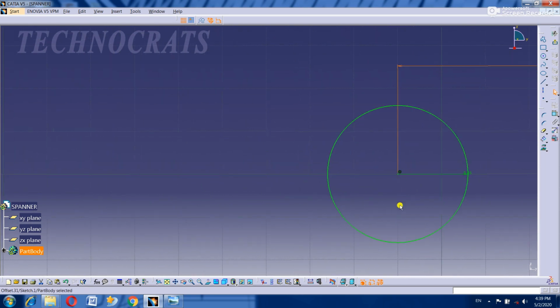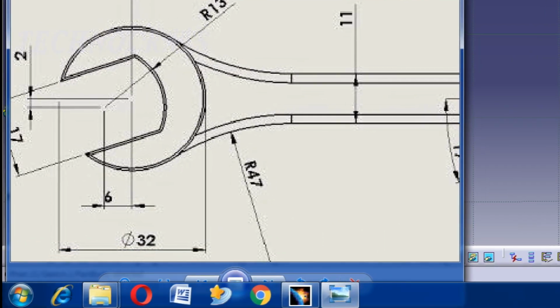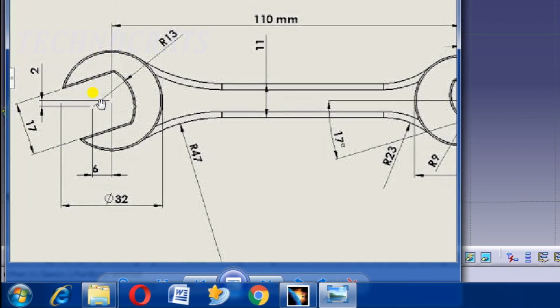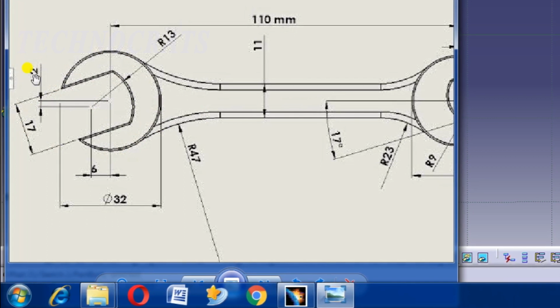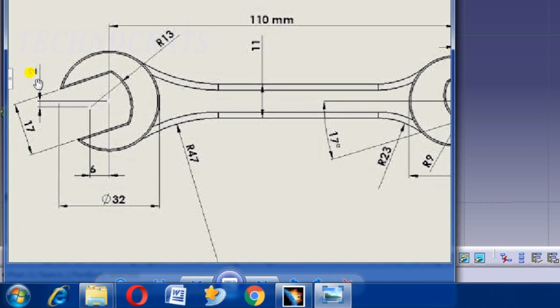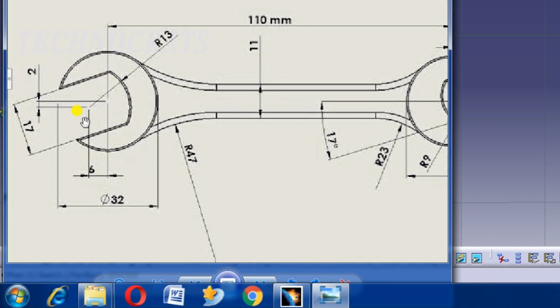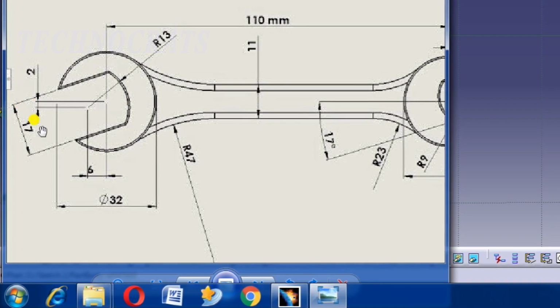Okay, after that you can see that there is no inclination given, but an extra dimension is given, which is that the vertical distance between the two centers, between the two circles, is 2 mm. So we are drawing another circle which is 6 mm offset horizontally and 2 mm offset vertically.